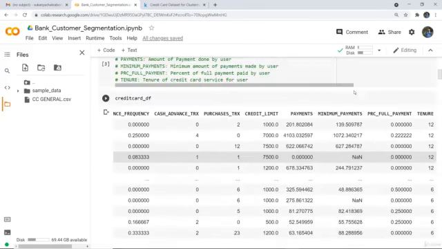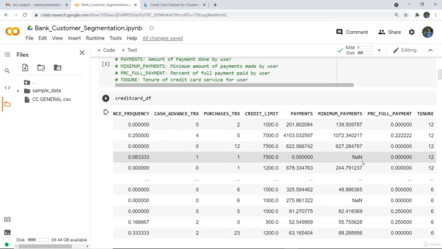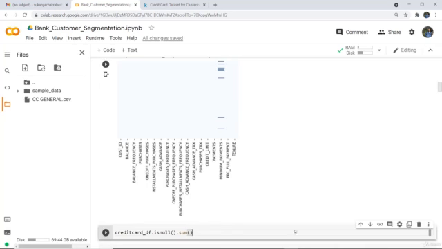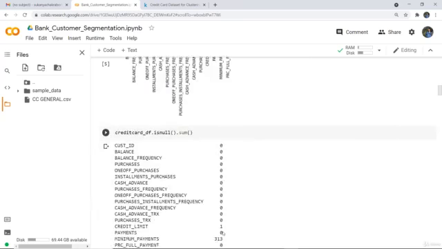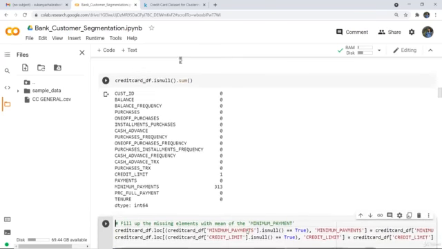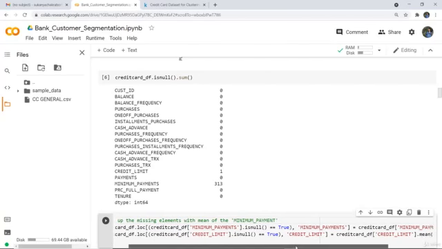So what we will do here, in this minimum payment, we calculate the mean of this particular feature, or this particular column, and then place that average value in this not a number position. So firstly, here you can see in credit card DF is null, and we want to check the sum of those values. So here you can see in credit limit there is a null value, and also in minimum payment there are certain null values. Now we want to replace these null values with the mean of minimum payment, and similarly with the credit limit.